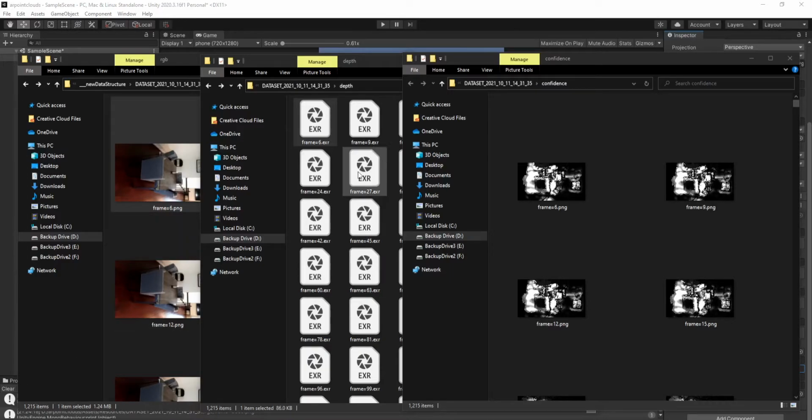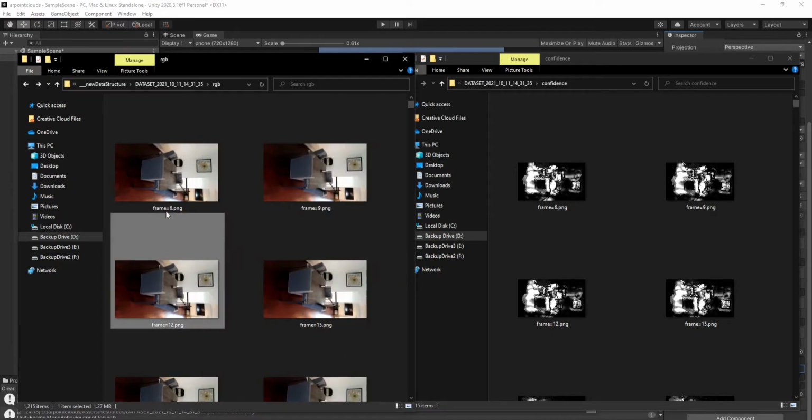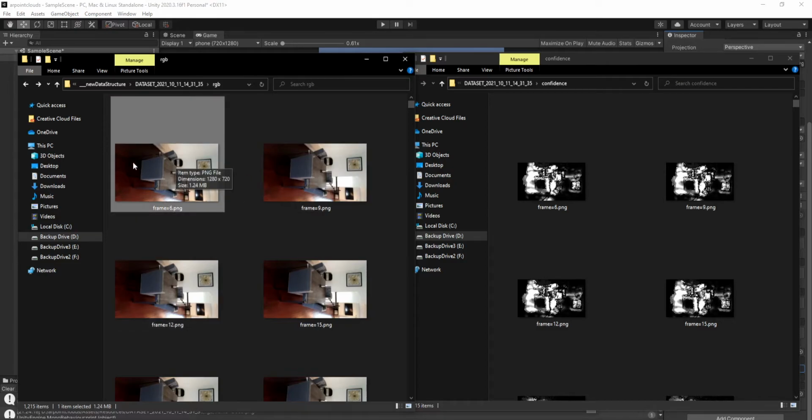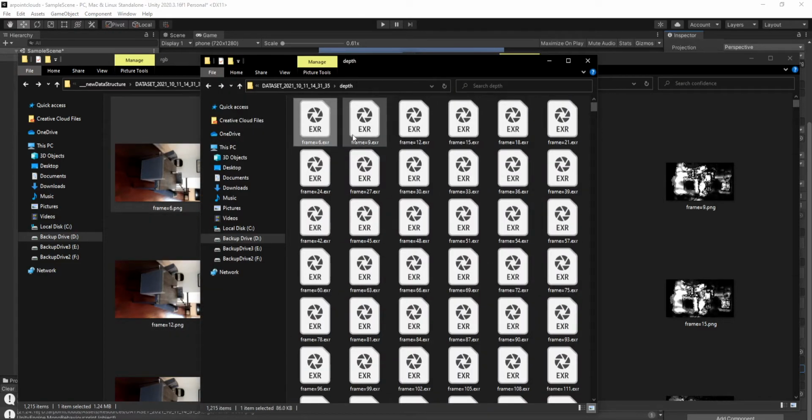Hi, so I'm going to show you the results of a point cloud that are generated from the depth maps from ARFoundation. So, for example, here is an RGB frame, and its corresponding depth is an EXR. The reason is because in Unity, if you try to export a PNG that has values of more than 1, it'll just generate garbage